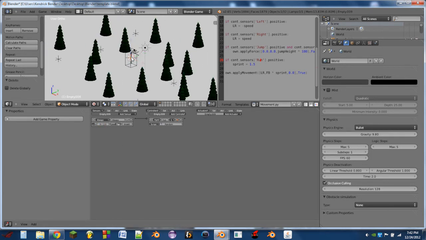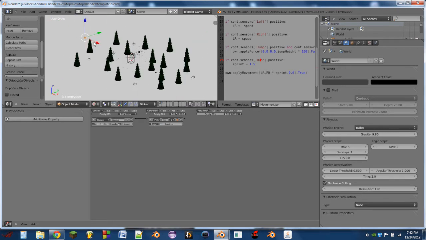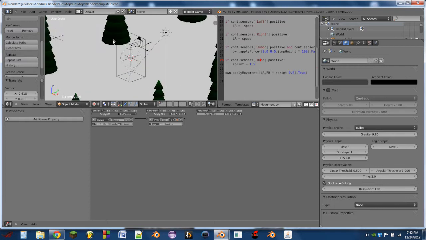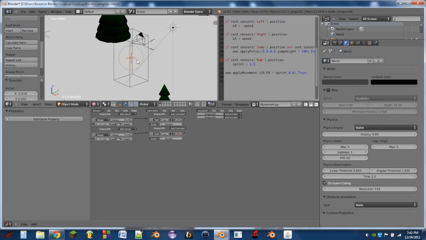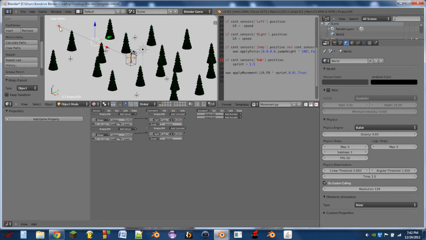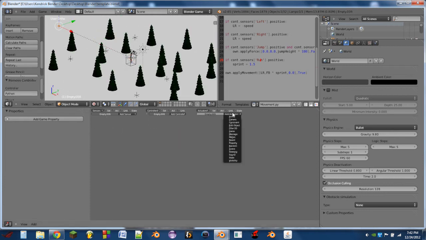So next, we're going to hit Shift D and drag it out on the x-axis. Drag that empty out on the x-axis. Right about there looks good. I'm going to Shift select the empty in the center and hit Control P, set parent to object. Selecting the one on the outside, we're going to delete that sensor and controller and add